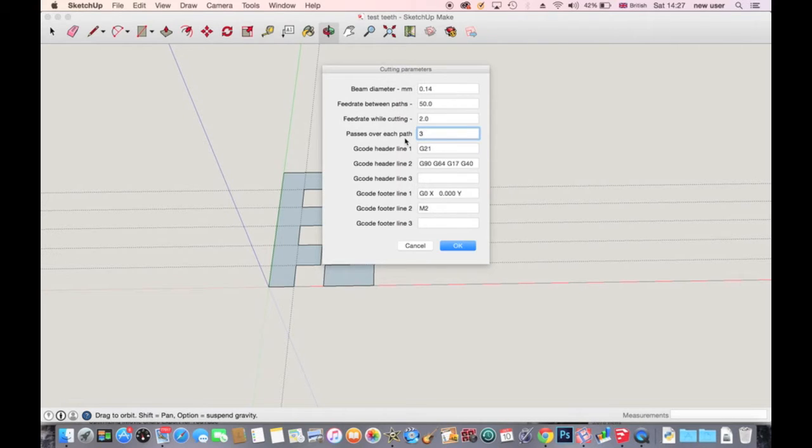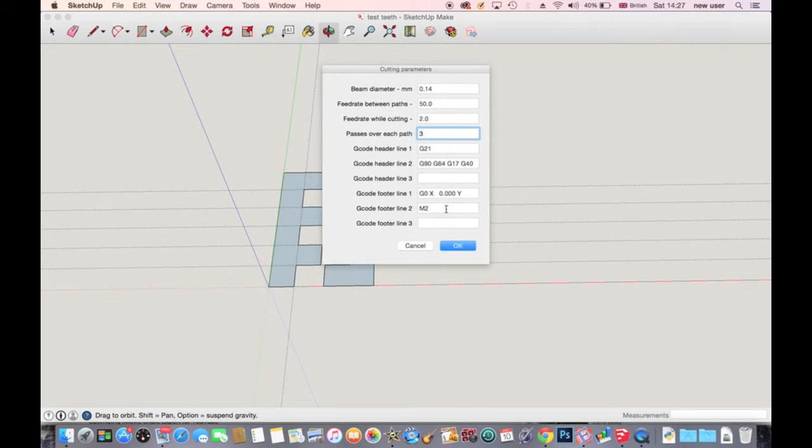A 40-watt laser is easily powerful enough to go through 3mm acrylic in one pass, but it makes a really bad edge if you do that. So what I tend to do is set the laser very low and go over each shape 3 times with the laser,